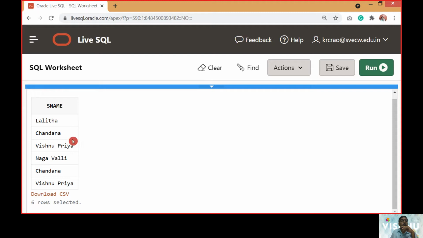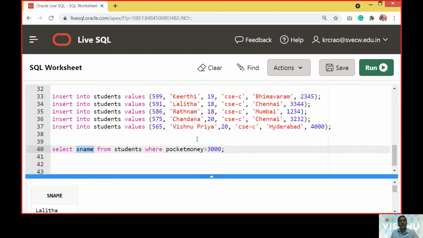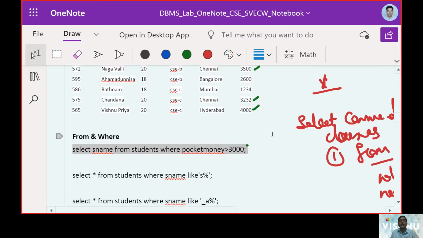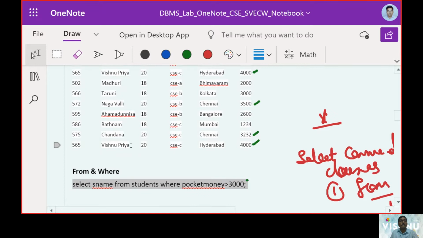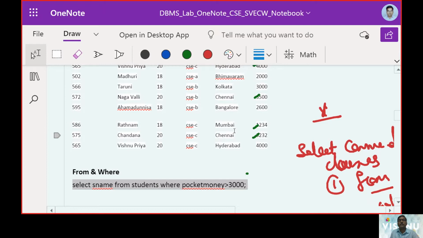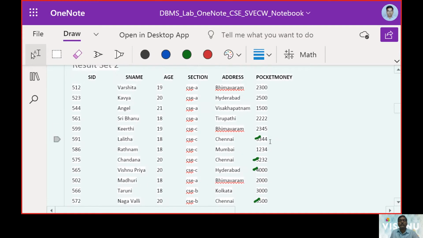Name. Yeah. Just now we mentioned that we should get 6 records. That's the area we were talking about. For 4,000 it was Vishnupriya, and for 3322 it was Chandana, and for 3344 it is Lalita.